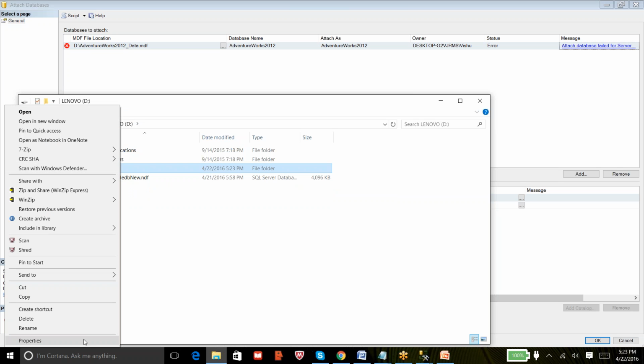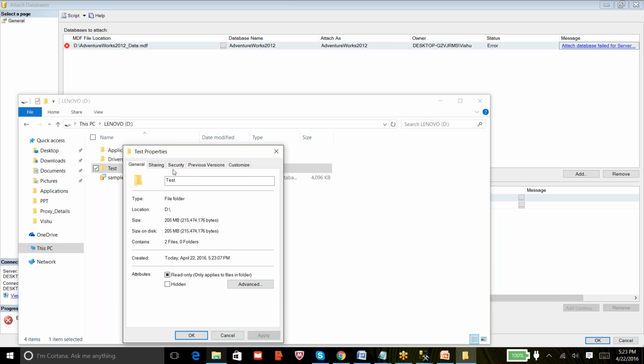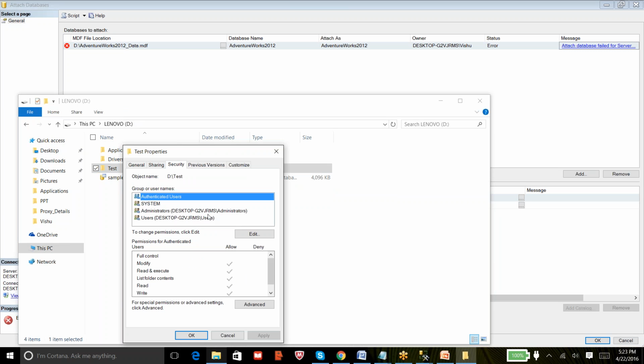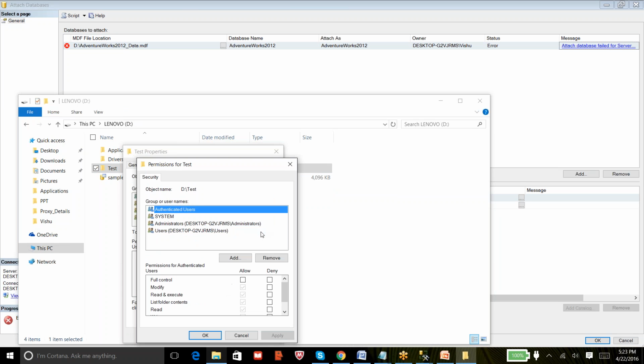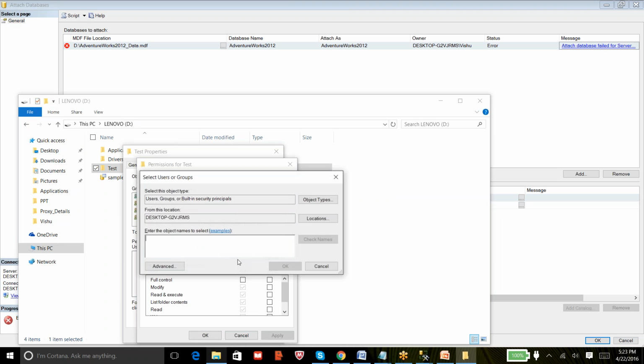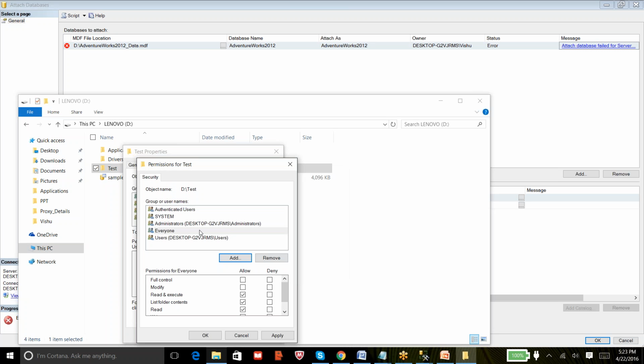Let me try to provide the permissions on this folder. I'm just making it easy for myself by providing access to everyone on this machine.